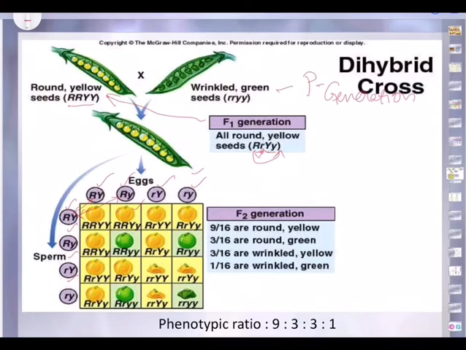Similarly, capital R, this combines with this. So capital R, and capital Y, small y. Again, because of law of dominance. Next, capital Y, small y. Now the combination of this. Now this time this one. So you pick up one sperm and make it fuse with the eggs. So 1:4, you get this. So next, capital R small y versus small r small y. So you get capital R, capital Y, small y, phenotypically.